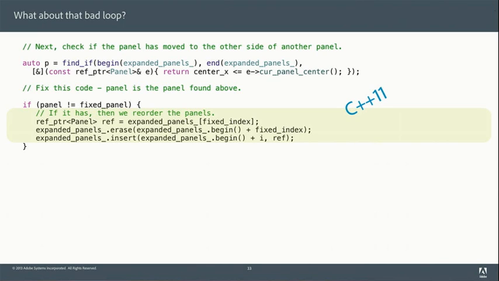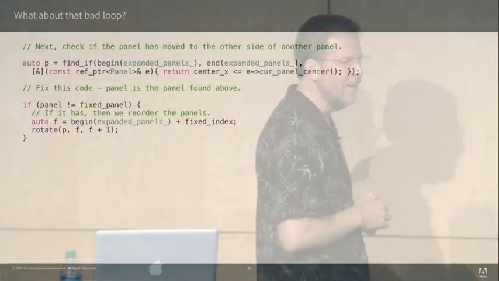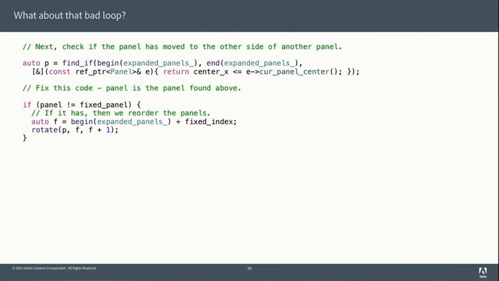Okay, so now we've got the body here. Let's look at this. What are we doing? We are taking some item out of our range, storing it, some ref counted pointer thing. So we're hanging on to ref. Then we're erasing it, and then we're putting it back somewhere else in our sequence. Who knows what that algorithm is? Rotate. That's a rotate. Exactly. It's a very inefficient way to implement a rotate, but that's a rotate. So we can rewrite it like this.